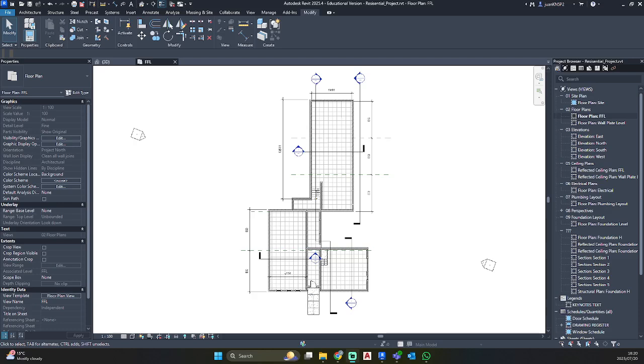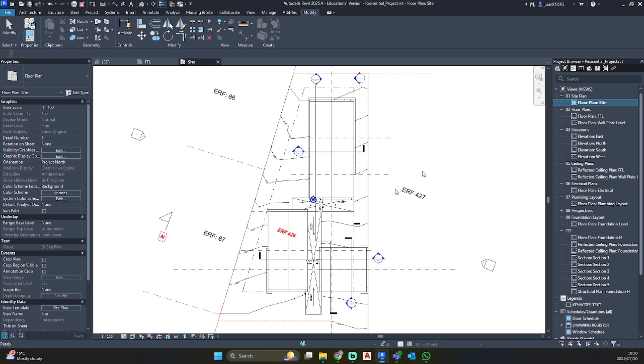Welcome back to this class where we will be doing our internal walls and our openings with some fixtures to indicate bathrooms and our zinc area. So firstly, I can see that my drawing file is not visible on my floor plan. Just ensure that you are working on your floor plan and not on your site plan.